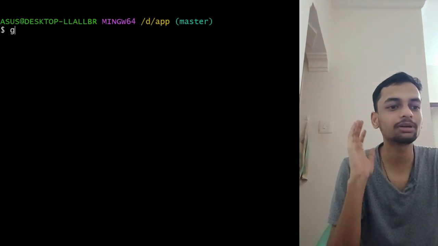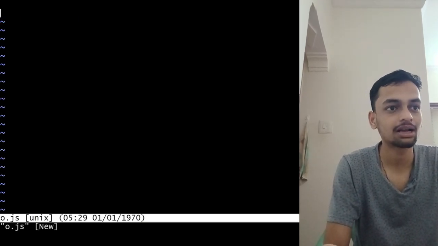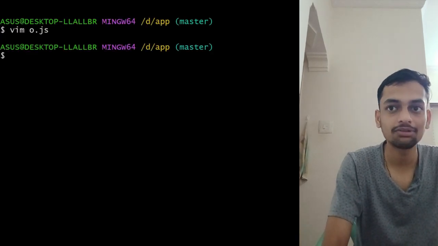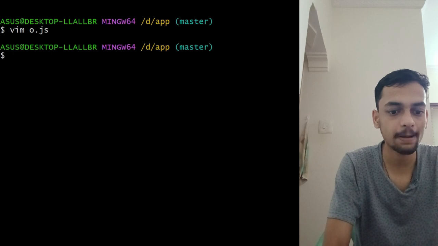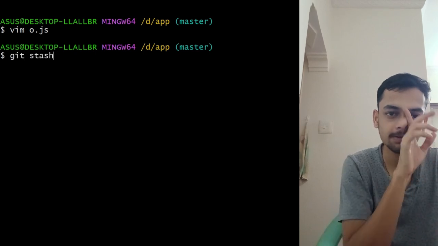After this I will clear everything and create another file like o.js. I won't commit it, sorry, I just escape. I won't commit it, and what I do is use git stash pop. It will show me that